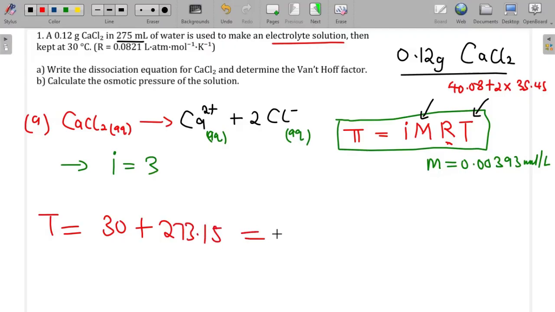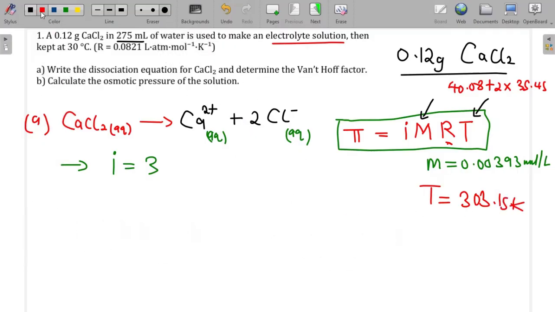So 30 plus 273.15, I'm going to get 303.15 kelvins. So that is my temperature, 303.15 kelvins. Now I have everything that I need in order to calculate my